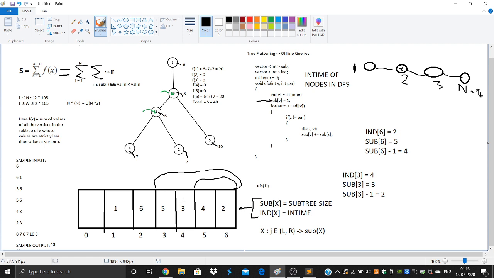What we could do is we could either construct a segment tree or a binary index tree on this array that we have generated. We could construct a binary index tree and process those queries in logarithmic time and then get our answer. So now the question arises, how are we gonna do offline queries? It might be a new concept to you, so I'm going to explain that now.